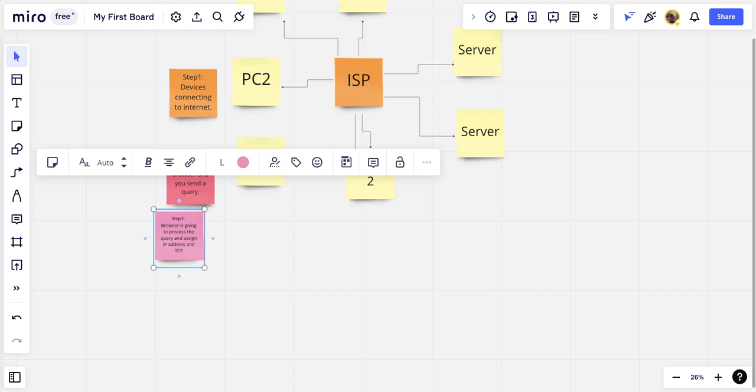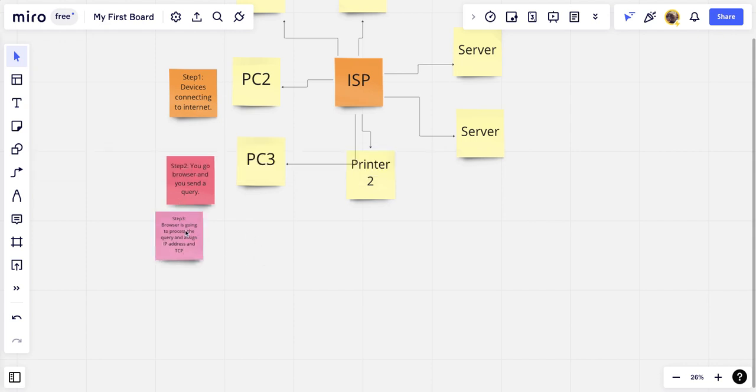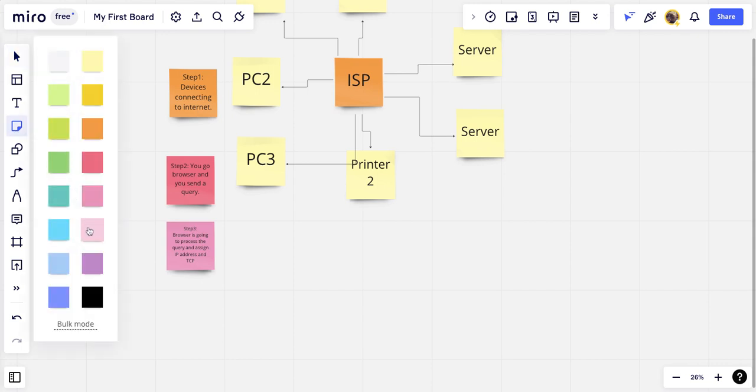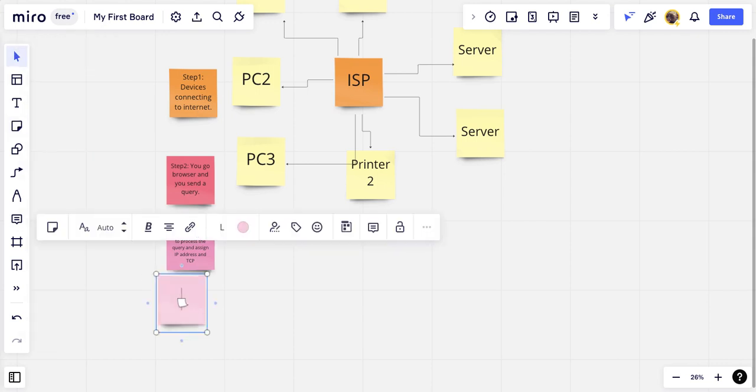This is to make sure that after assigning, this IP address will be matched to a database or a server that has the information related to your query. So it processes that, assigns an IP address, assigns all other protocols, and after doing all of that, the next step, which is step four,